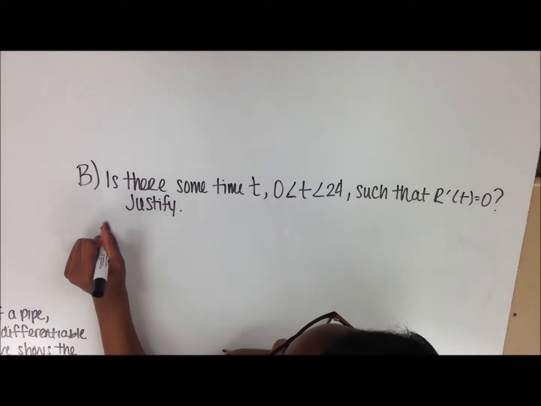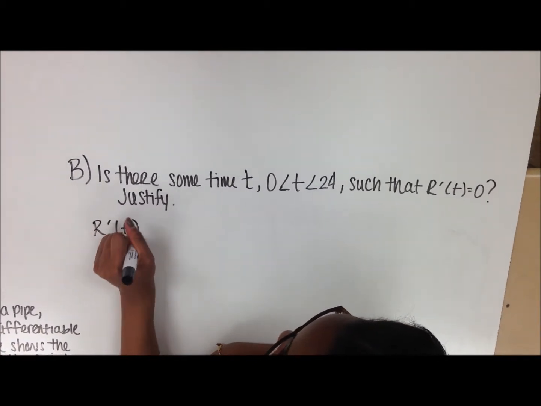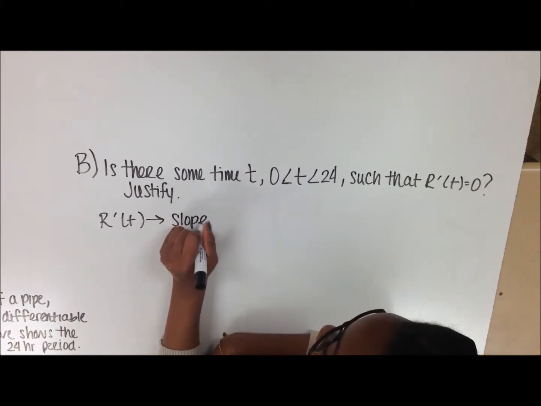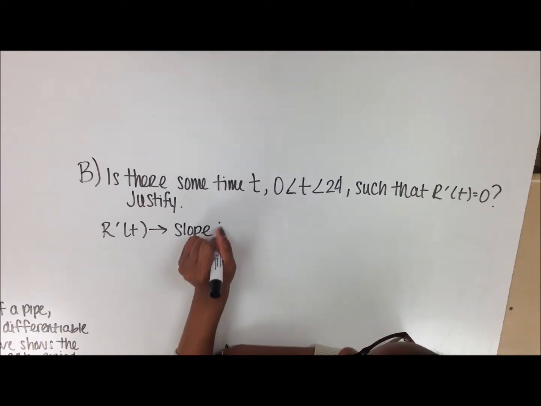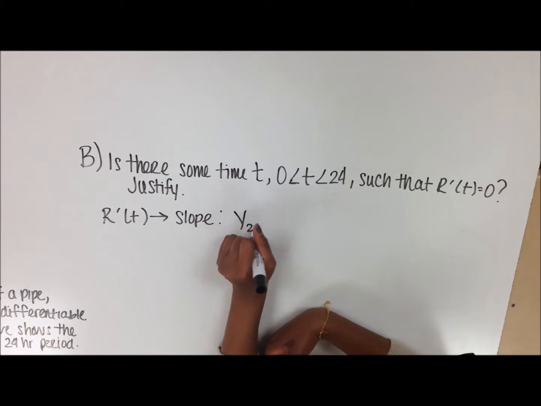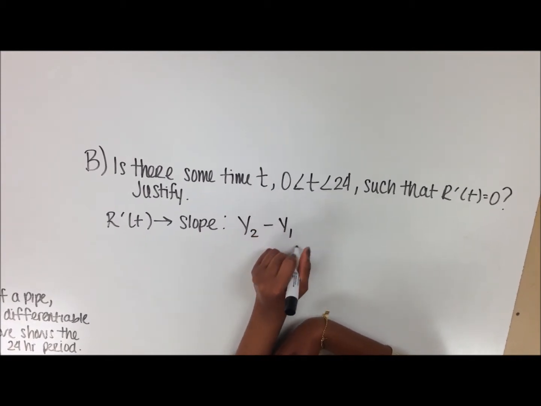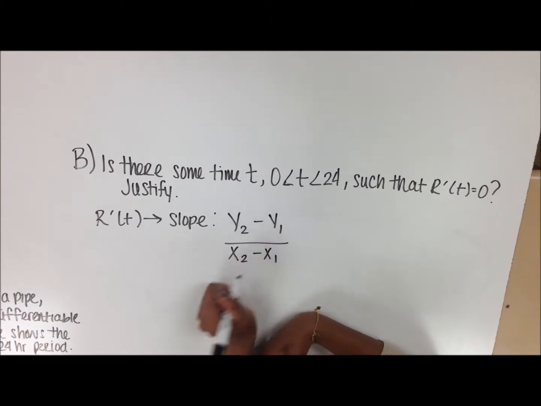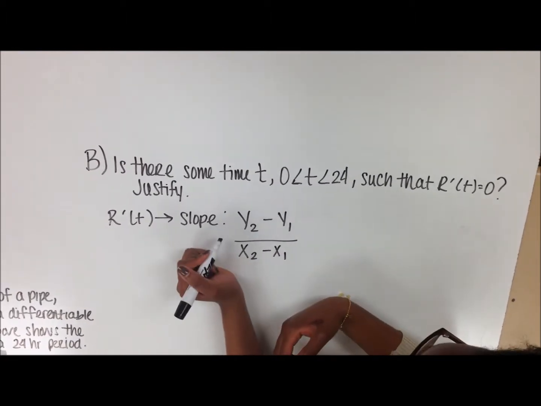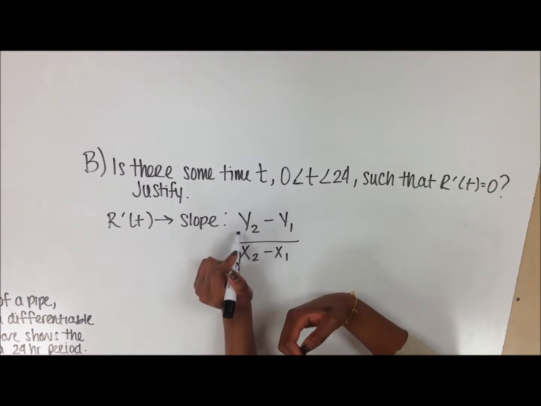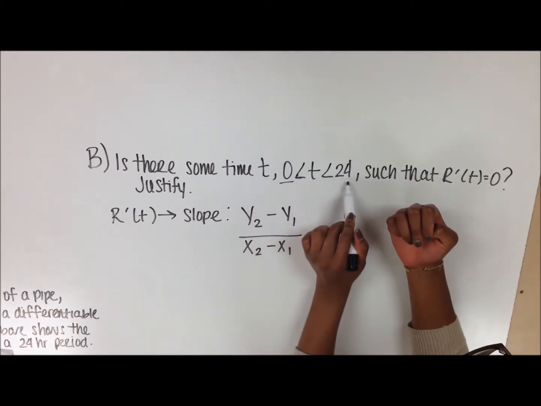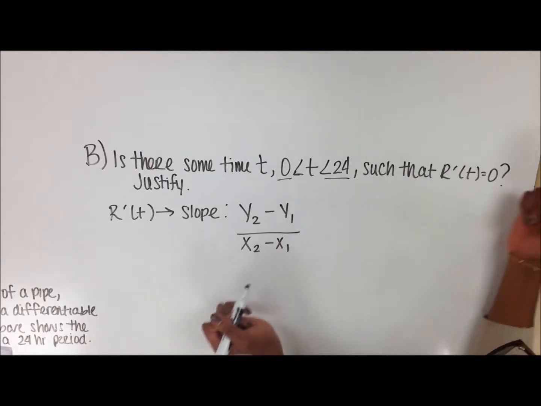We'll start off with r prime of t. R prime of t is just like the slope. And when you're finding the slope, the equation is y2 minus y1 over x2 minus x1. For this case, our x2, y2 and y1 would be 24, 0, and 24. So